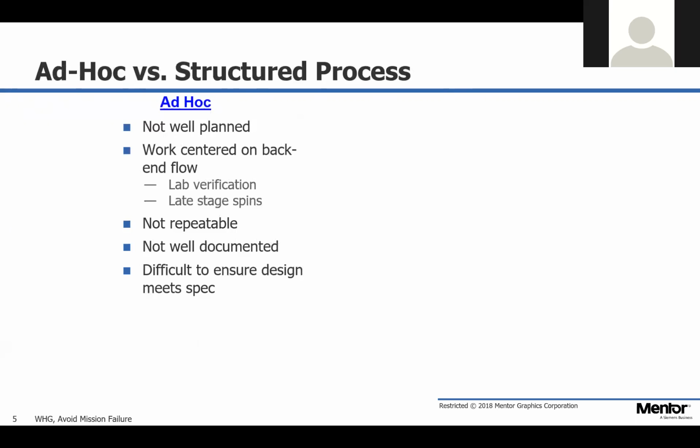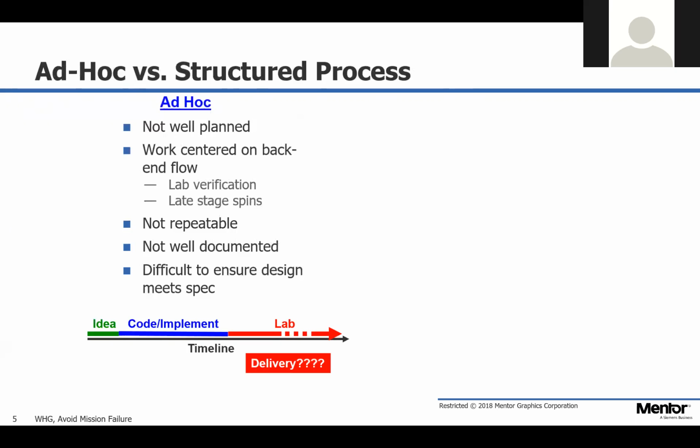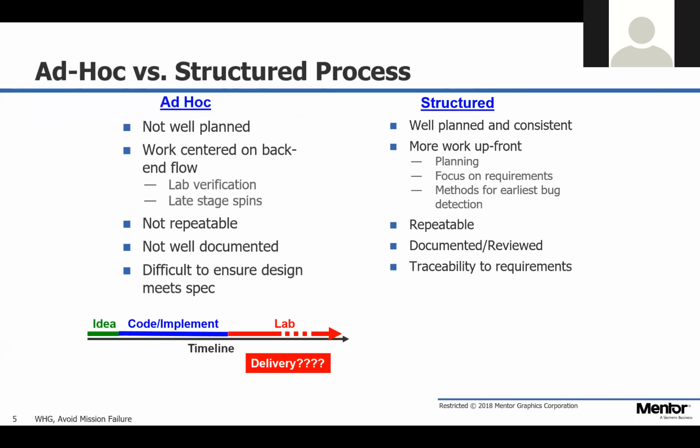We're talking about an ad hoc structure where things are not necessarily well planned, not repeatable, not documented really well. What we generally see is we have an idea for a product, we implement the system, we don't do a lot of testing of that implementation, we try to get it into the lab as quickly as possible, and then you get into what we call the lab trap, where it's hard to debug in the lab. It's hard to know when you've tested everything in the lab, and so it's hard to know when you can get it out of the lab